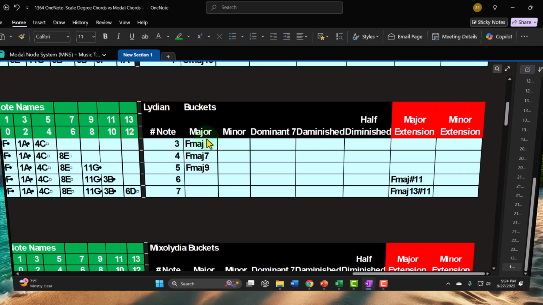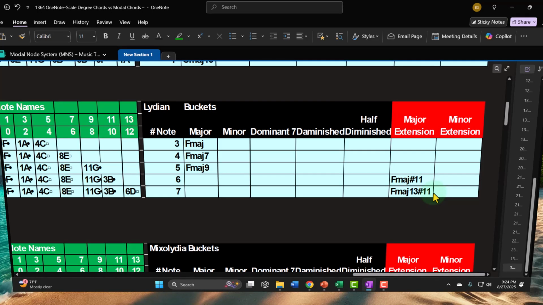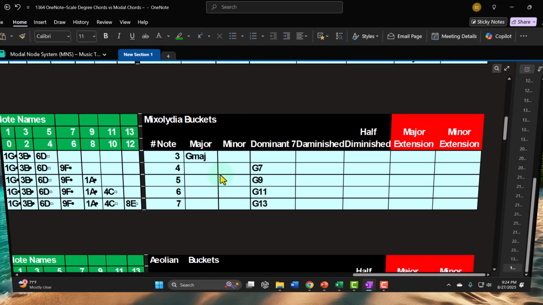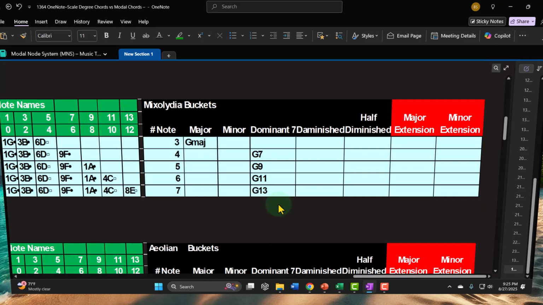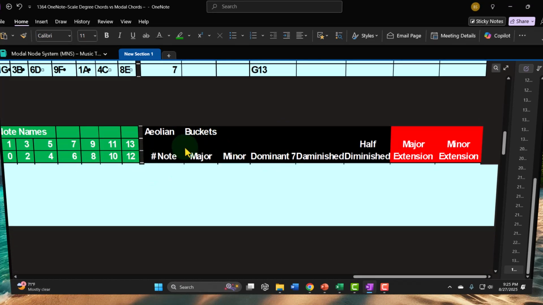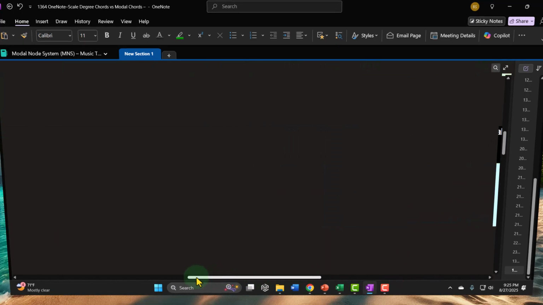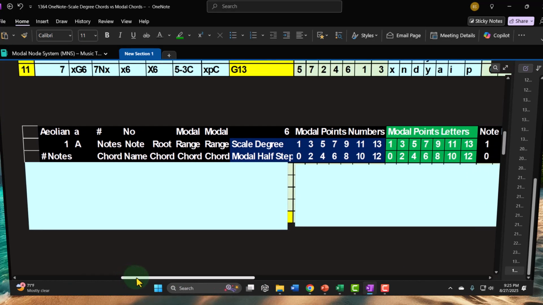If you're in the Lydian, then you have this bucket. So you have the bucket over here, but then they had to dump these two on the side, as we saw last time. If you have the Mixolydian, then you've got this bucket. You have the major up top, but then they had to move everything over to the 7s, because in the Mixolydian, it's the 7 that has a minor 7 versus the major 7. We're now going to continue that process with the Aeolian